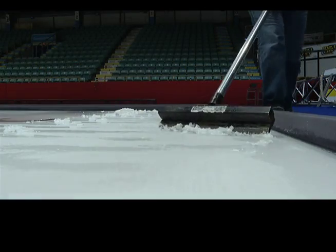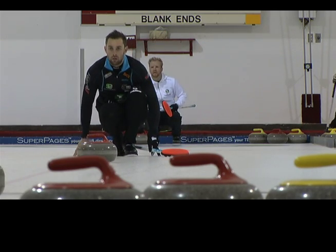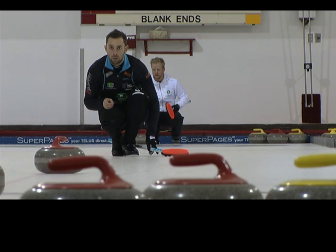Here there's no dehumidification, but it should be pretty dry here, so that hopefully won't be a problem. But in some venues you get a lot of frost and all that, which makes conditions hard to play with. But if you can keep it consistent for the curlers, they usually won't say it's bad ice. And they rarely do. He has been quoted as having some of the best ice the pros have ever played